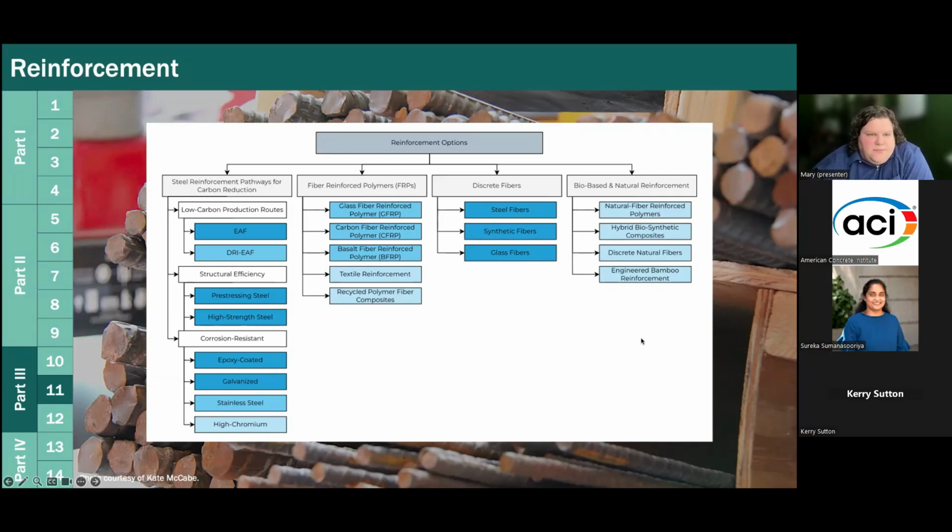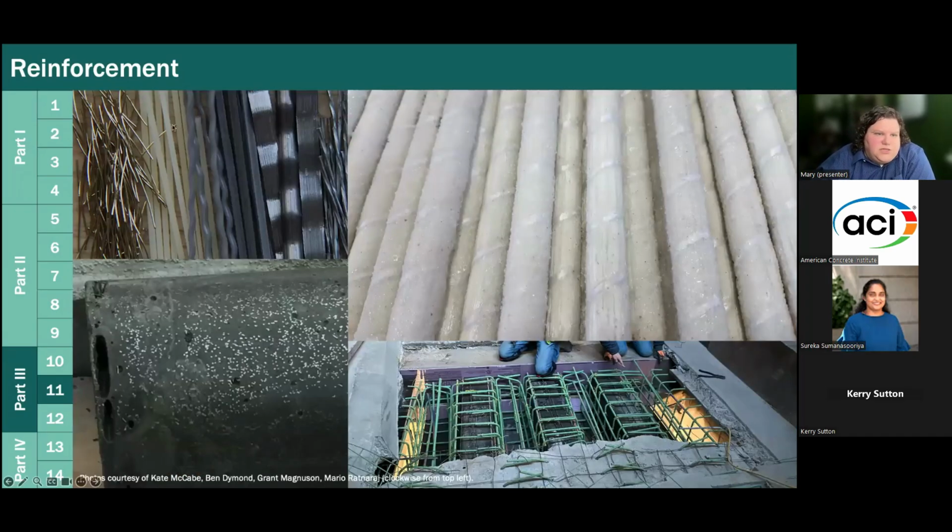And I should preface this with that I am absolutely not an expert in all of these areas. And so I appreciate everyone that was able to contribute to all of these different sections and review this document. So here's a picture of some of the materials that we looked at. And we did try to include pictures where we could just to help give an idea. A bunch of different types of fibers. Here's a core of UHPC, ultra high performance concrete, which has steel fibers in it.